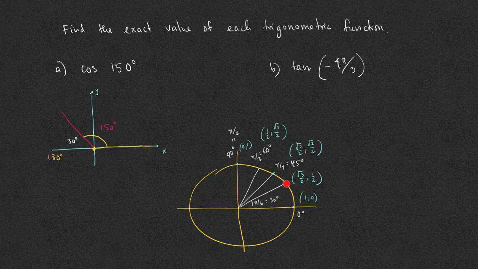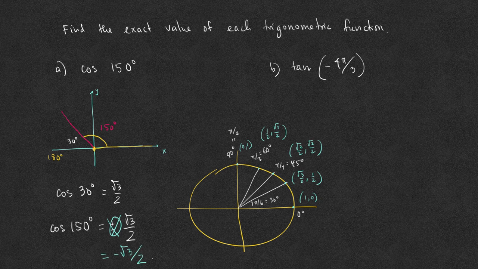At 30 degrees, cosine of 30 degrees is root 3 over 2. And so cosine of 150 degrees is plus or minus root 3 over 2. And we know that in the second quadrant, cosine is negative, and so the answer is negative root 3 over